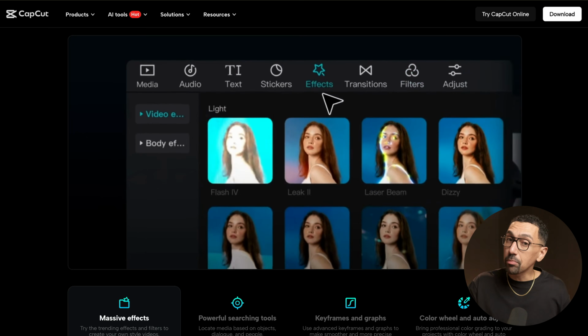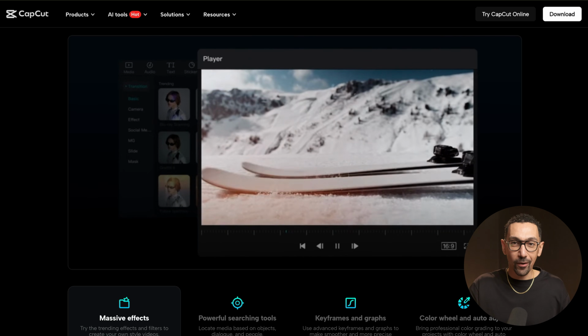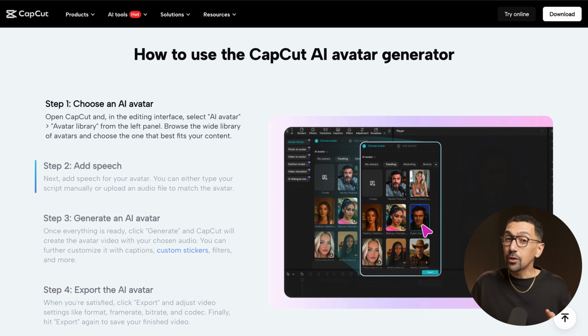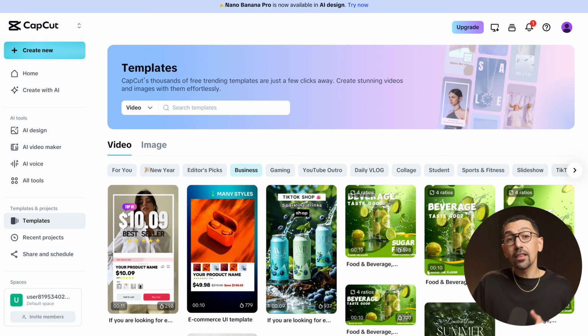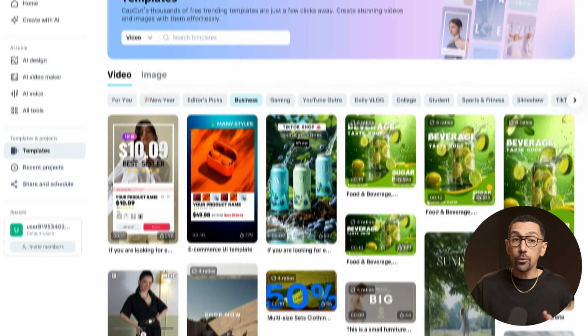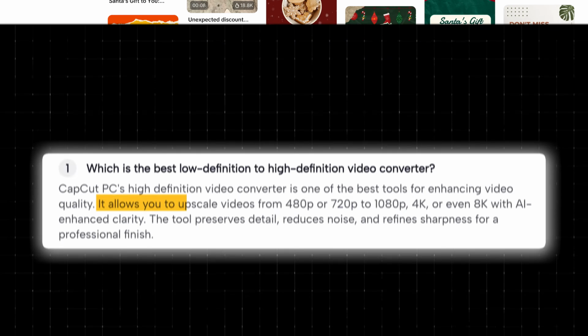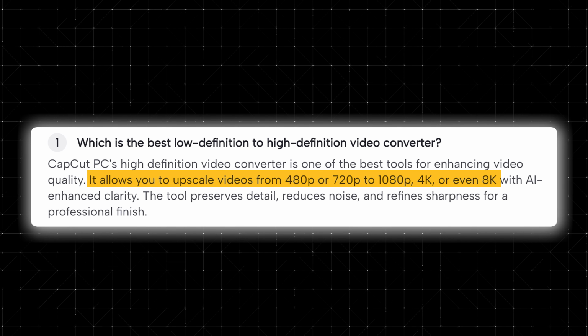This is another completely free tool with no watermark, and it's gotten insanely powerful. Inside of CapCut, you could create full video ads from text prompts. You could also add in AI avatars, and you could generate voiceovers. You could do all of this without spending a dime. One thing I love about CapCut is they do have templates that you could use to speed things up. That way you could paste in a script, choose a style, pick an aspect ratio that you want, and it builds the video for you. And probably the best part is the output quality can go up to 1080p or even 4K, which is wild